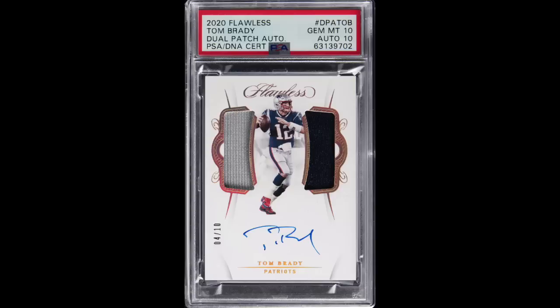Number 6, 2020 Flawless Dual Patch Auto, number DPA-TOB, Tom Brady, graded a PSA Gem Mint 10 with a DNA 10 for the auto, and the card is serial numbered out of 10. 10, 10, 10. You, of course, get 2 patches there and the autograph. Sold for